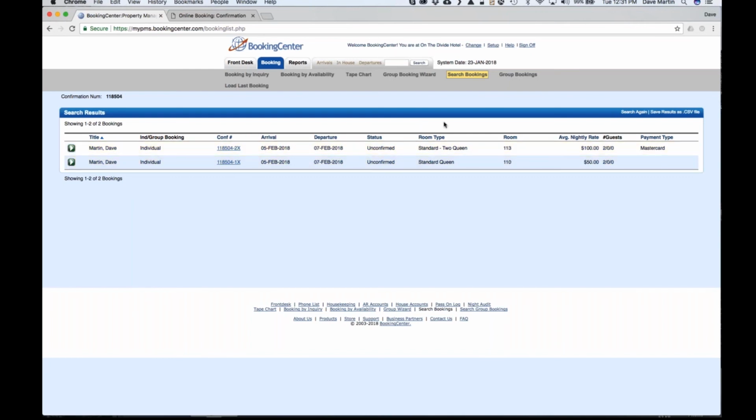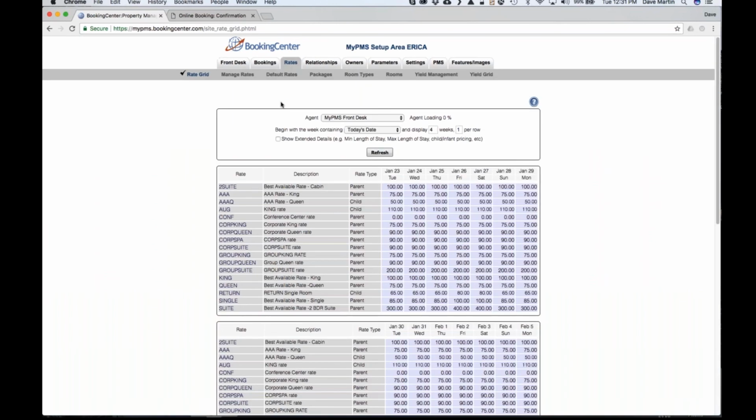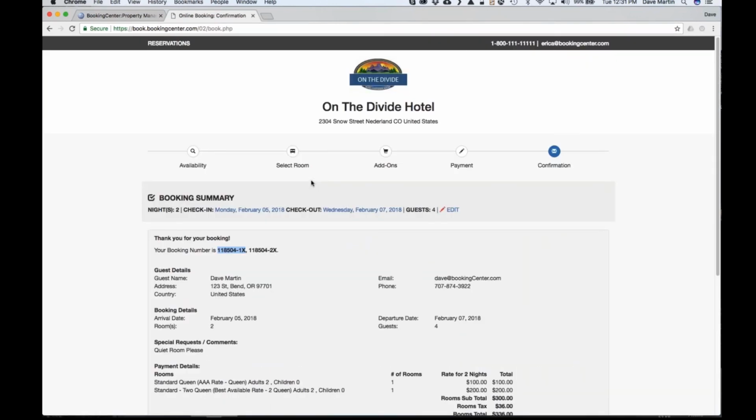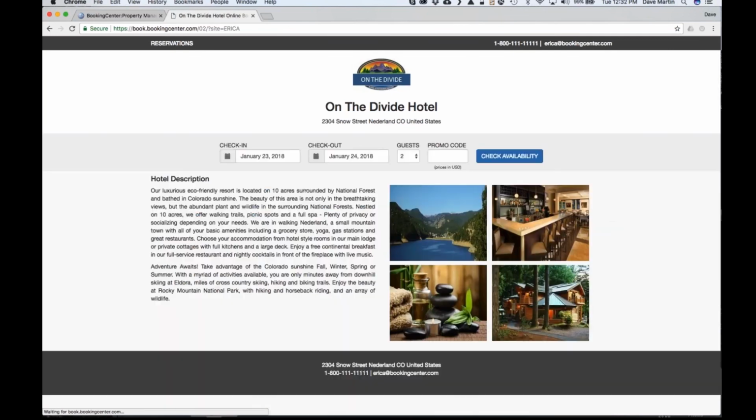So we are here, and this one is done, but if I want to go back, I can click on the breadcrumb up here, get back to our availability page. So let's jump back up here. We already covered where our descriptions come from and where our images come from. That's the exterior image, the conference, the property, and the restaurant, and those are found under settings and, features and